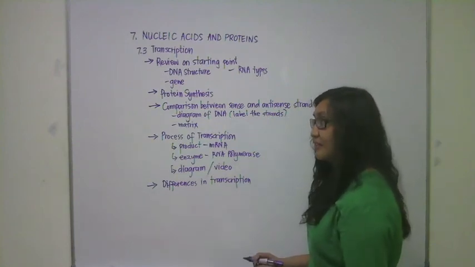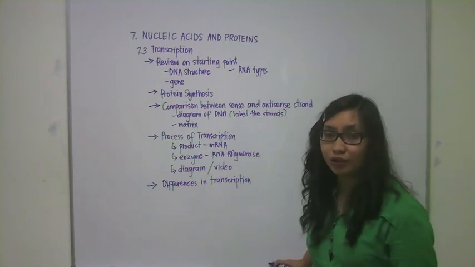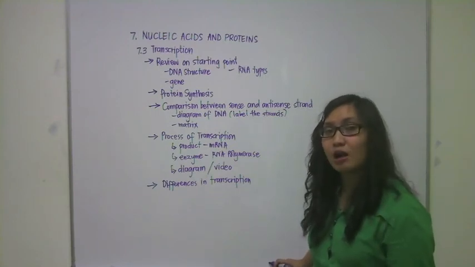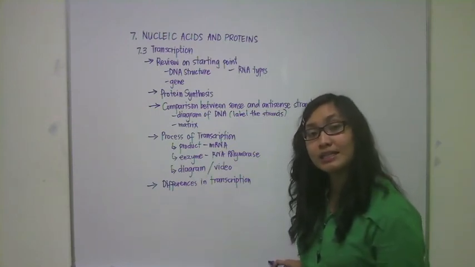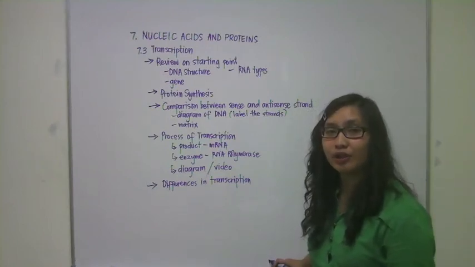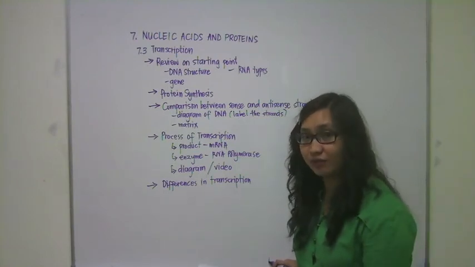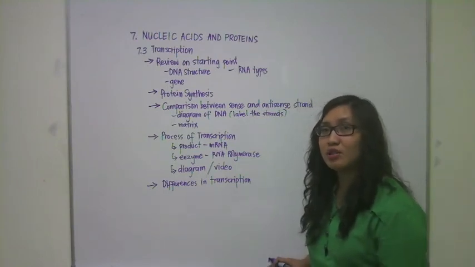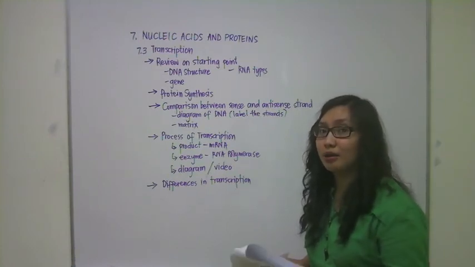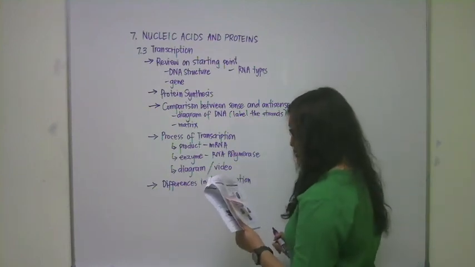So another thing that is different between the transcription process in prokaryotic cells and eukaryotic cells is the presence of the regulator proteins in the eukaryotic DNA. So these regulator proteins need to be activated first for it to be able to allow the process of transcription to occur. Okay, so